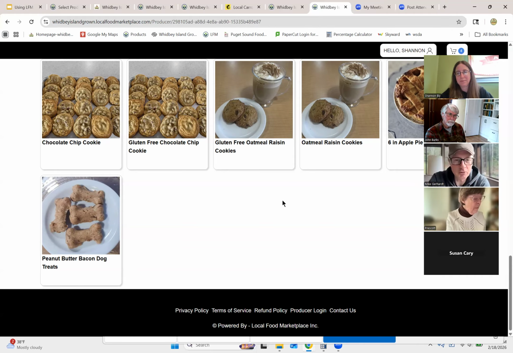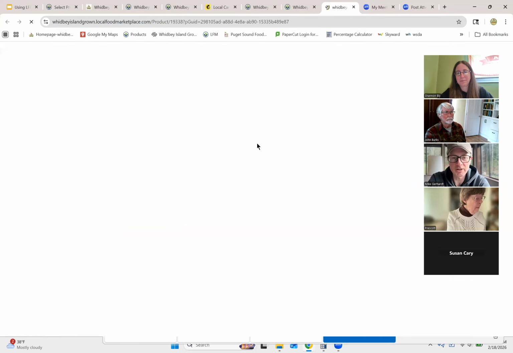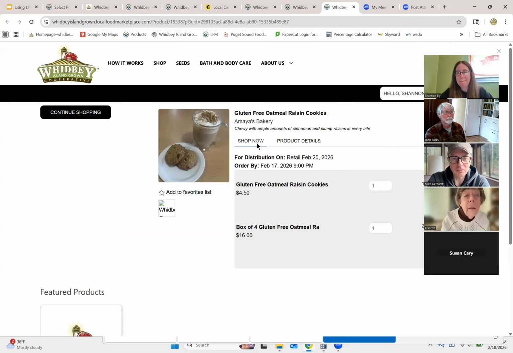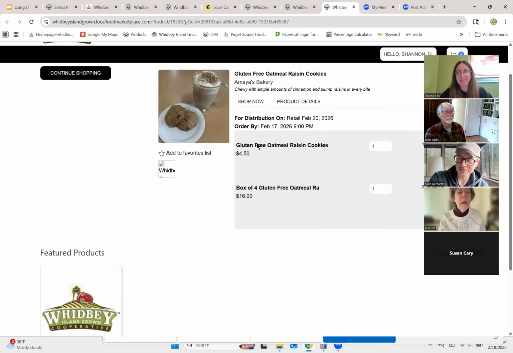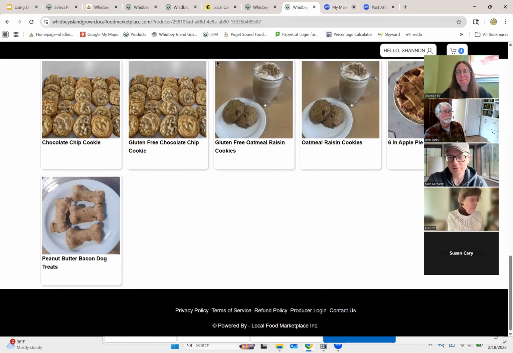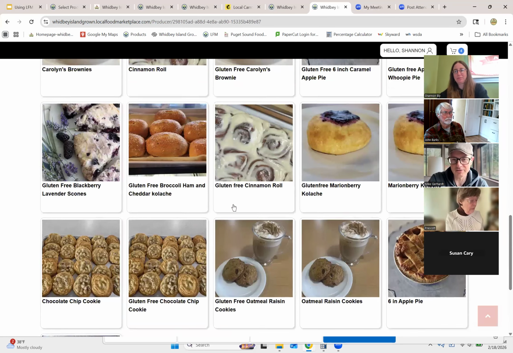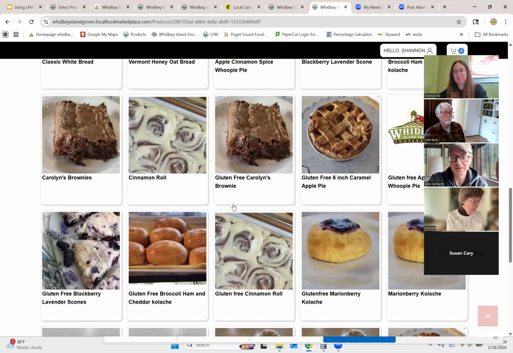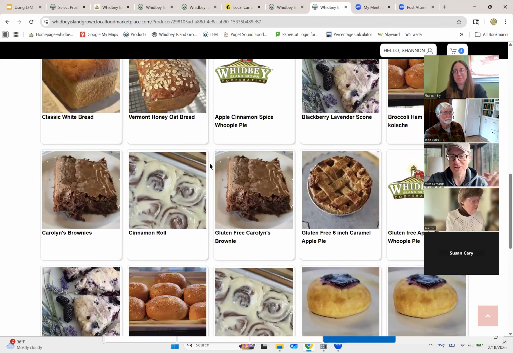And so if you go to one of those, like the gluten-free oatmeal raisin cookies, you're like, well, why can't I buy this? It doesn't say anywhere. Elsewhere, they say ordering is closed, but they don't bother to be consistent throughout a lot of these things. They really need to dial in their consistent messaging. They're all over the place in how they throw out different and unique elements all throughout this site, and it doesn't seem like anybody on the team is thinking holistically about the user